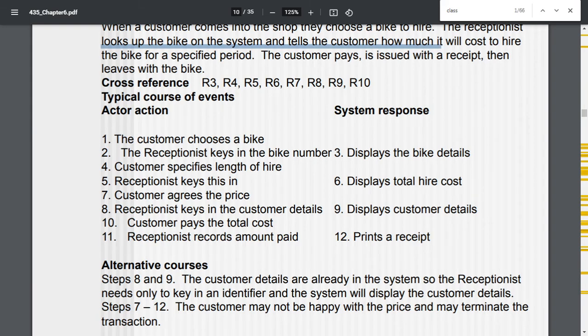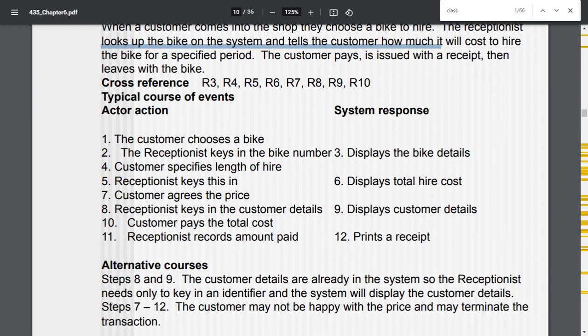Okay. This is one case. The customer accepts the period of time and the cost. If that is the case, it will go till the printing of the receipt for the amount to be paid for the hiring period. There's another scenario, that the customer need not accept the hiring cost, or he may not get the expected bike he wants. In that case, he may reject the transaction.